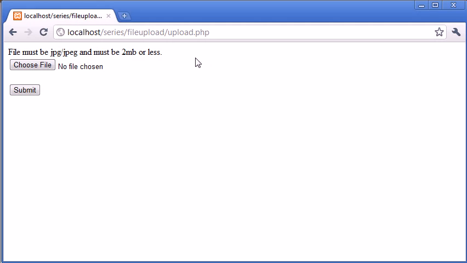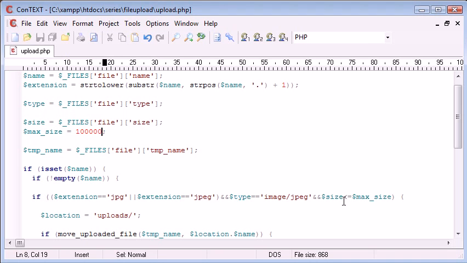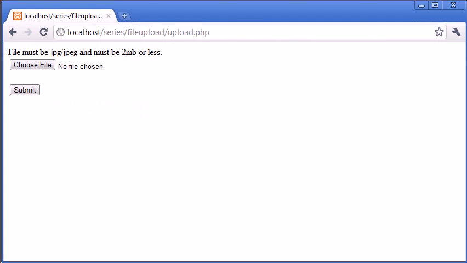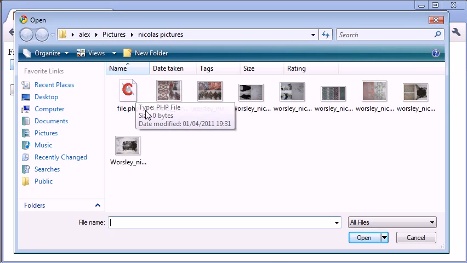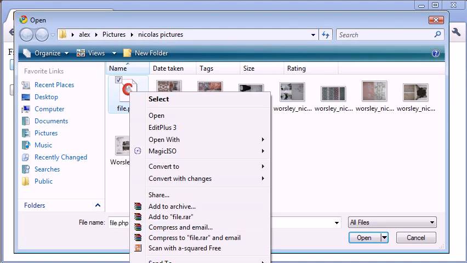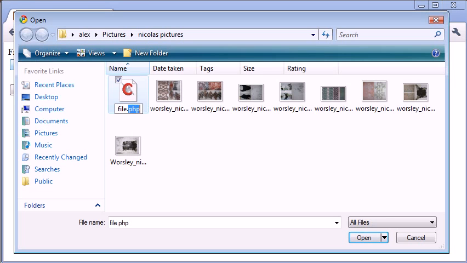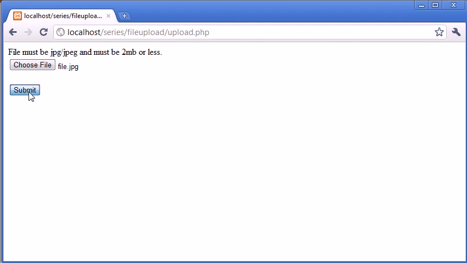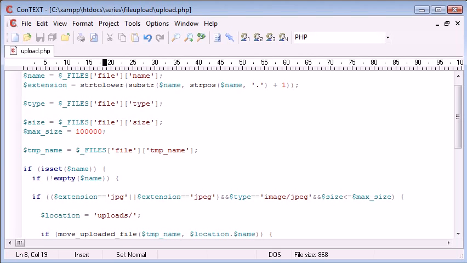So you can modify your error message accordingly, or you could do 2 different if statements, one to check the extension and give the appropriate message, and one to check the size and give the appropriate message there as well. So now let's choose this file.php. Just to point out, if I was to change this to file.jpg and try and upload this, you can see at the moment it's being uploaded, and the reason for this is